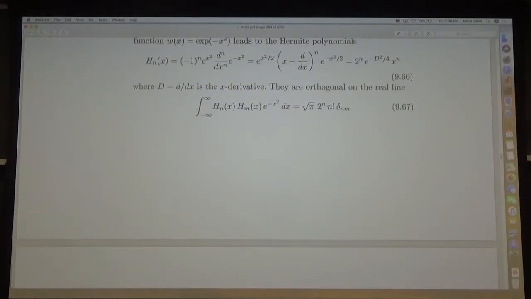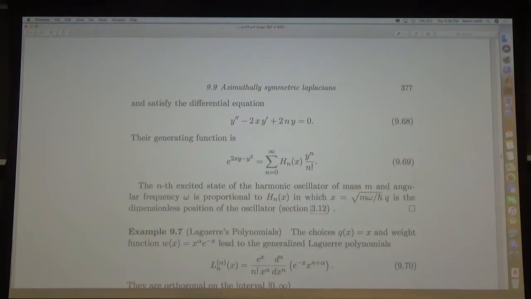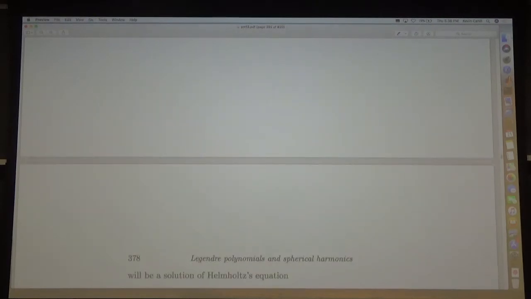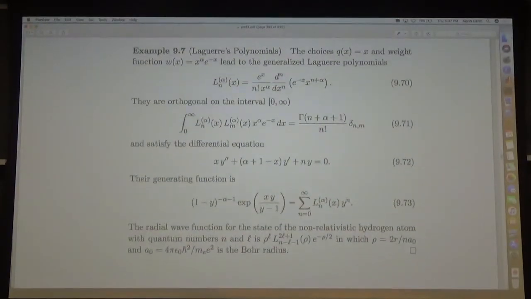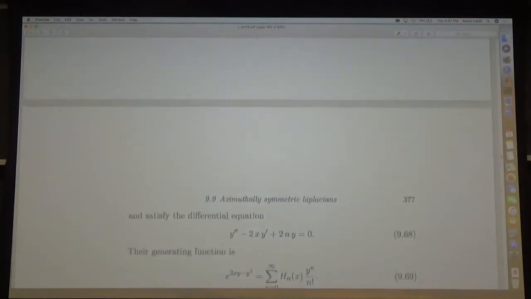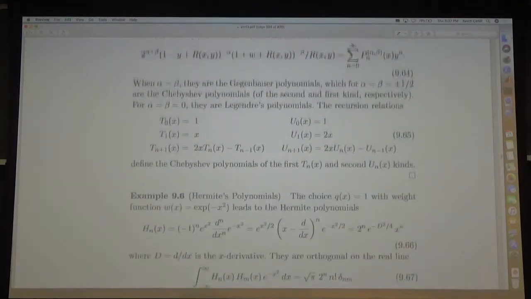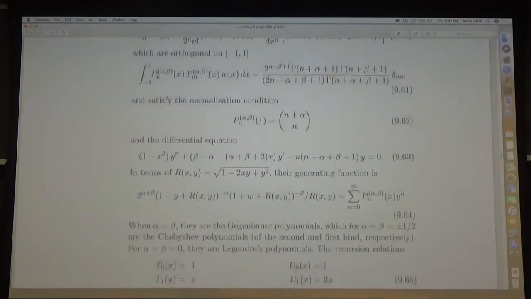And they satisfy this differential equation, and they're generated. Wow, I don't know if this clicker is what it's hooked up to be. It's just a little excitable. So